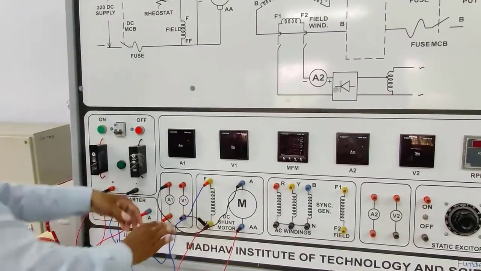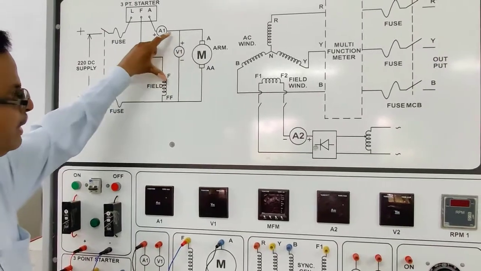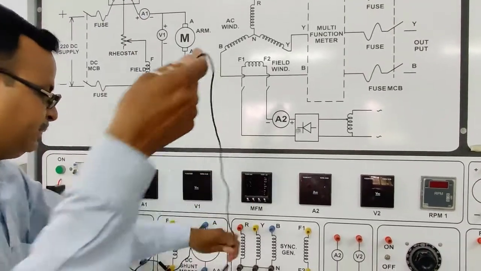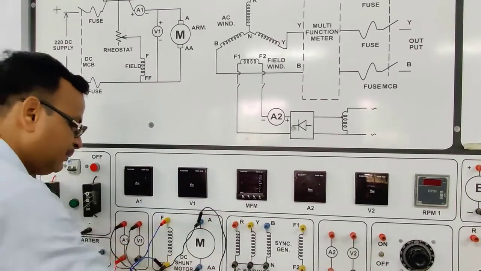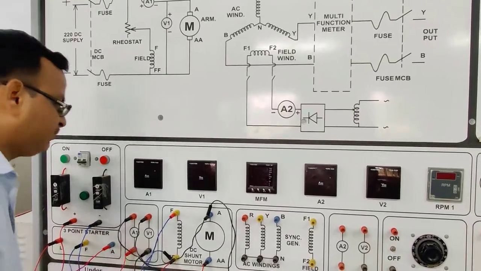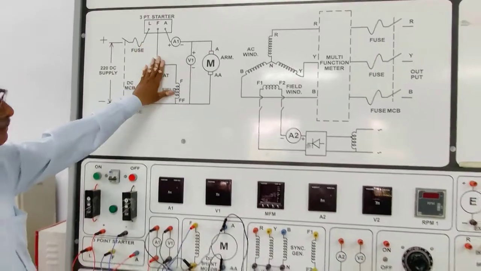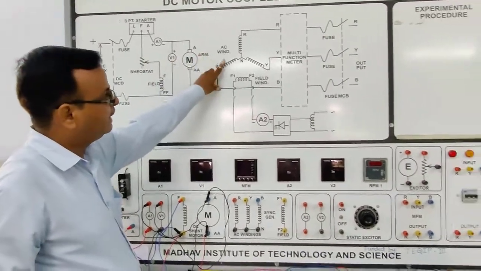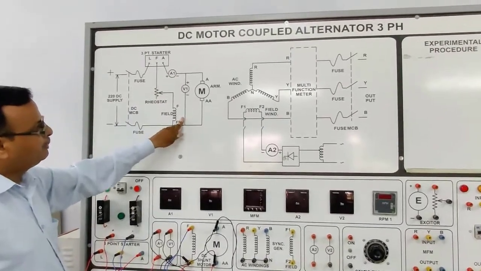Now for measuring the back EMF across the armature, we connect a voltmeter in parallel across the armature. So the circuit is completed for the prime mover, the DC shunt motor. This motor is mechanically coupled to the alternator, meaning the mechanical power of this prime mover is transferred